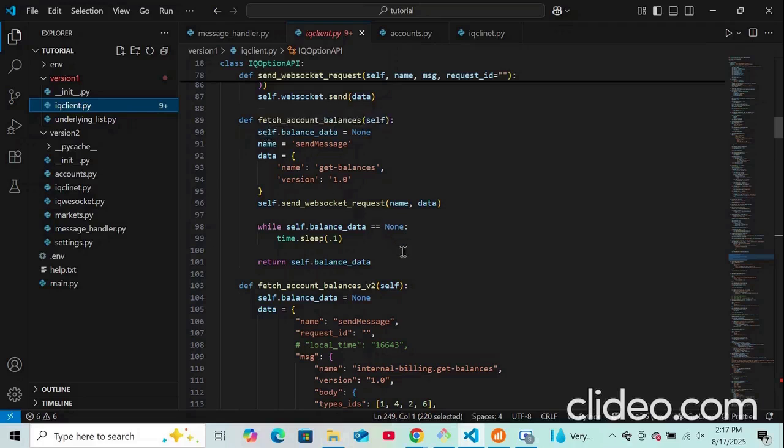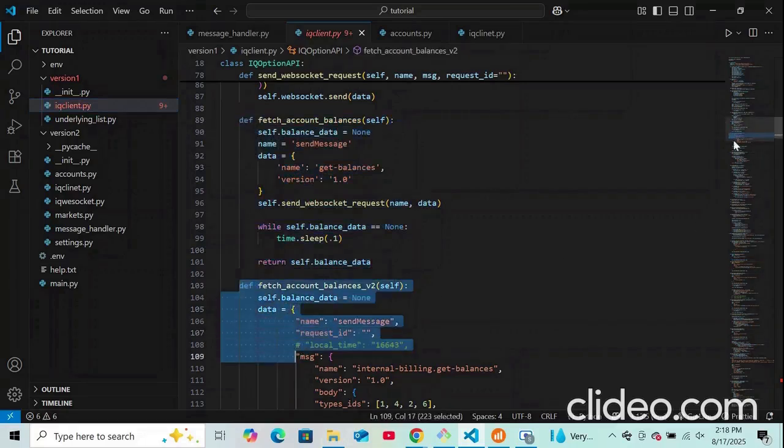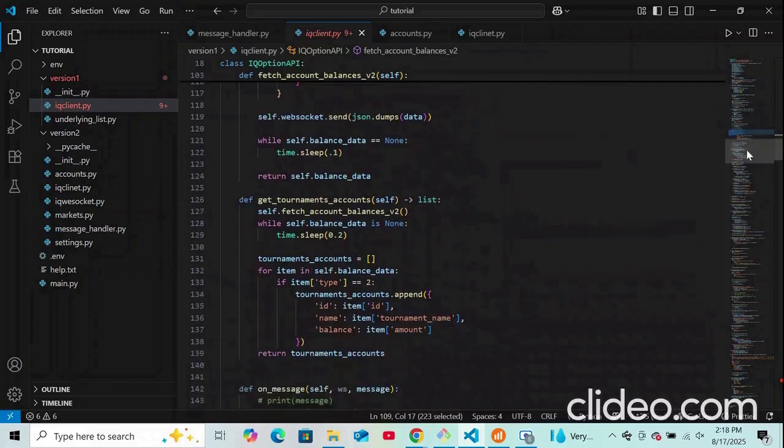The thing is, this fetch account balances function is limited and it gets only the demo and real account balance information. But this fetch account balance p2, it can also get tournament accounts. So we will drop this one and keep this one in our refactored version, and then we have get tournament